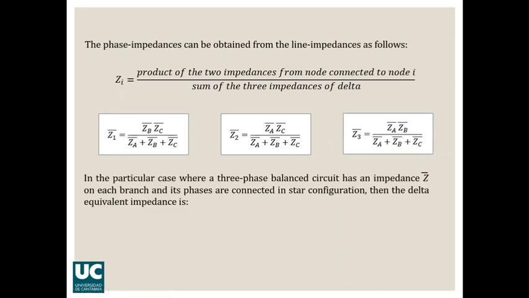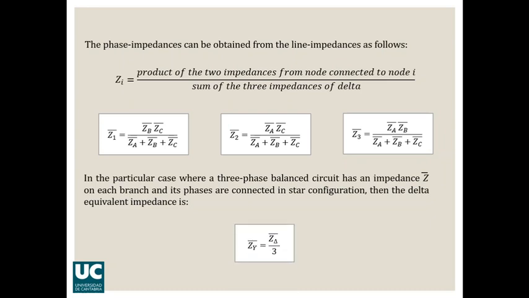Well, these formulas are useful when you have a load which is unbalanced, because in that case the values of the three phase impedances 1, 2 and 3 or the values of the three line impedances A, B and C could be different. However, if you have a balanced load, that means that the three phase impedances or the three line impedances have the same value. That means same absolute value and same angle.